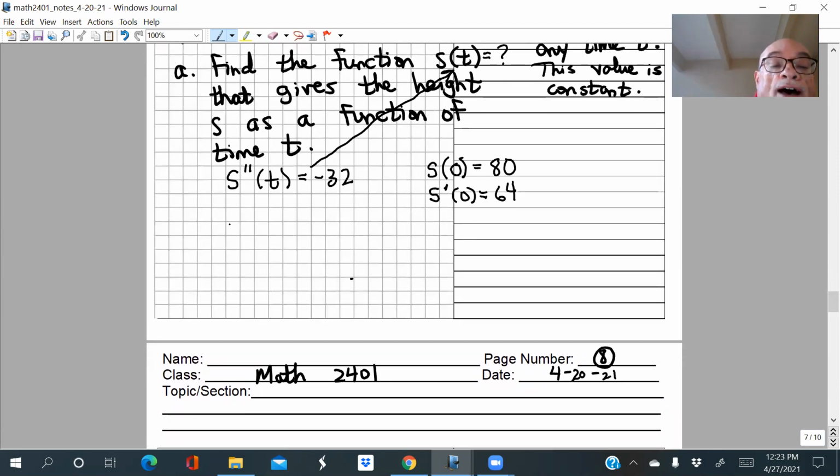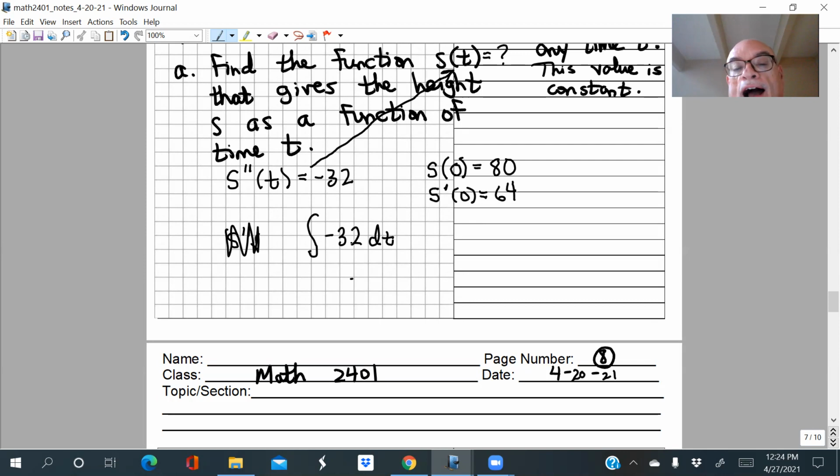So I know the second derivative is, well, let me not rewrite this, okay? I know the second derivative is minus 32, right? So let's find the antiderivative of the minus 32, which is the second derivative. By the way, when you write down antiderivative, you will write dt, not dx, just because we're using t as the input variable here, right? Not x. Wouldn't be a crime if you put x, though. Everyone would understand what you meant.